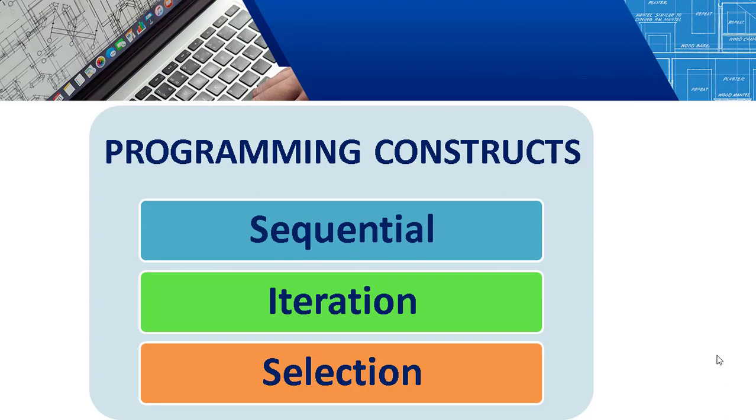But in computer language, each language has its own character set, which is the building block of a program. Program statements can be constructed using the characters from the character set of the language. So, in a programming language like C, C++, or Java, we are using programming constructs. A programming construct is a statement in a program. Using these constructs only, we are able to write programs. There are three basic programming constructs: sequential, iteration and selection.